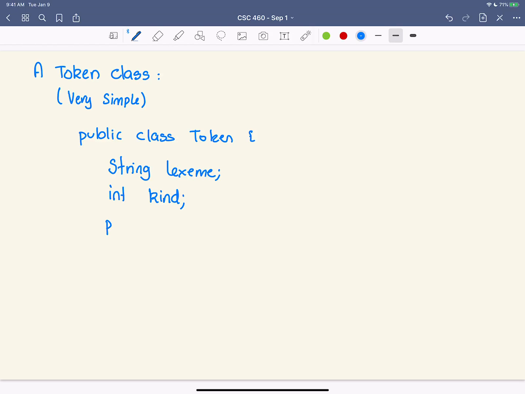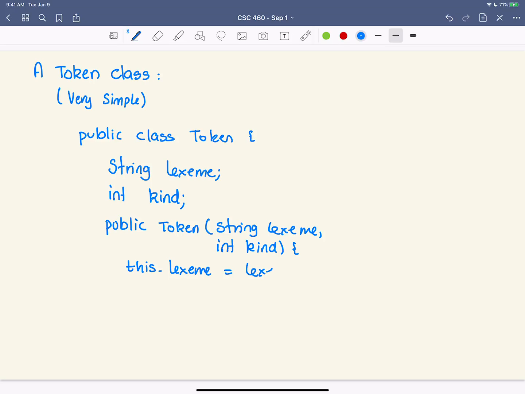And then we probably need a constructor that takes in the various bits, and then just does what all constructors do. this.lexeme equals lexeme, and this.kind equals kind.